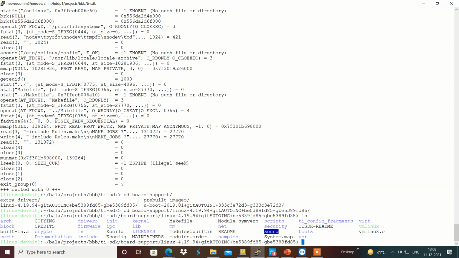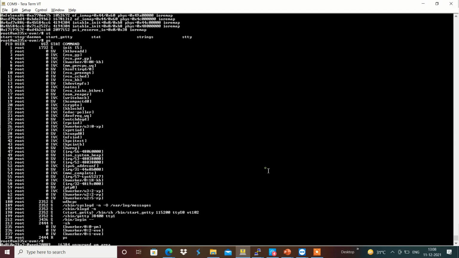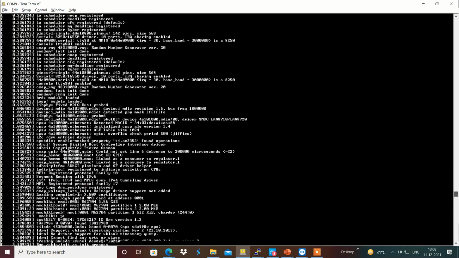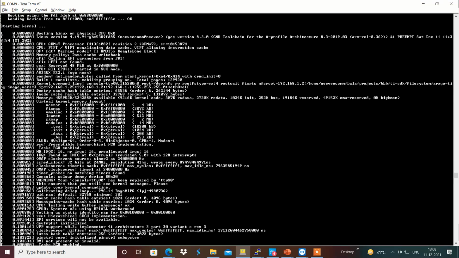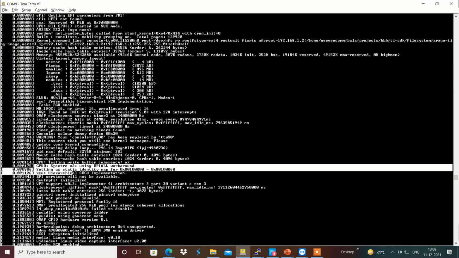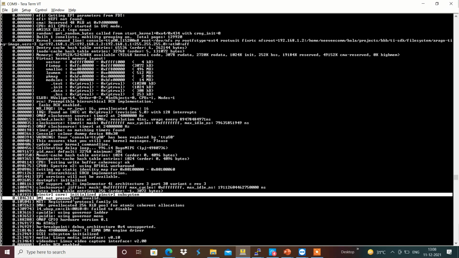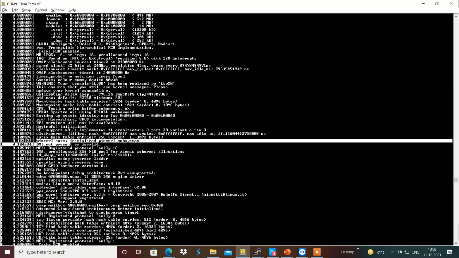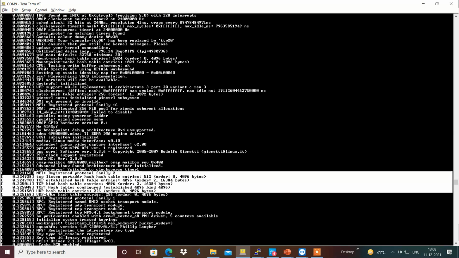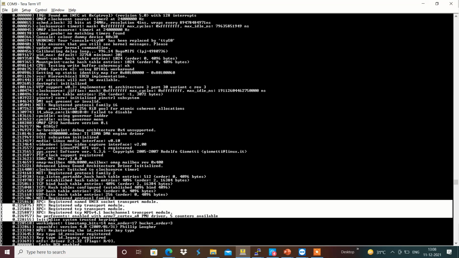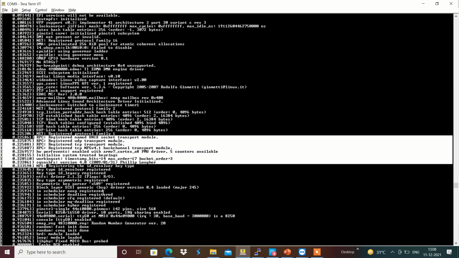Now, when these get invoked, it should be at a certain point of the build. Sometimes during boot up, for example if we see over here, it gets loaded with the CPU information and the pin control information. We have networking such as TCP and UDP loaded, the remote procedure call and NFS loaded over here.